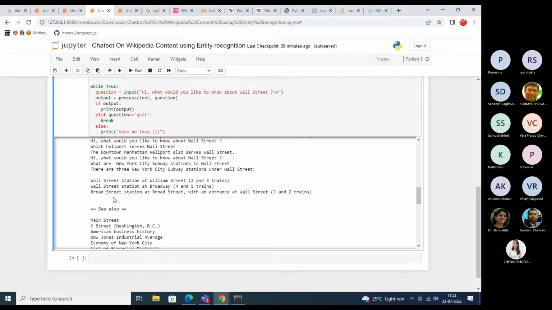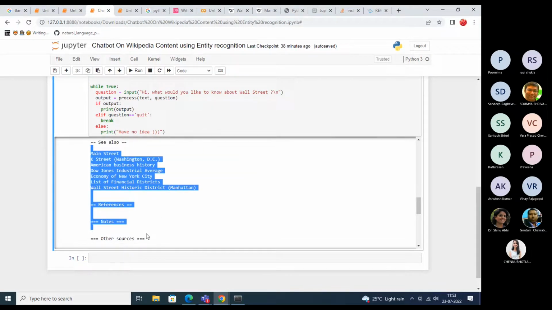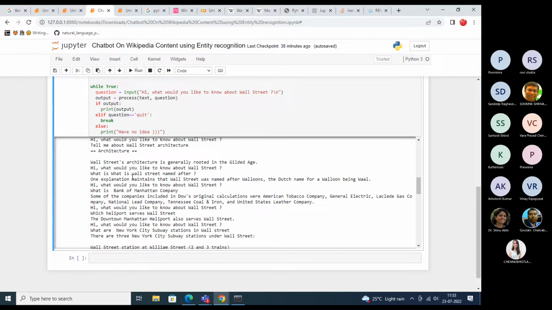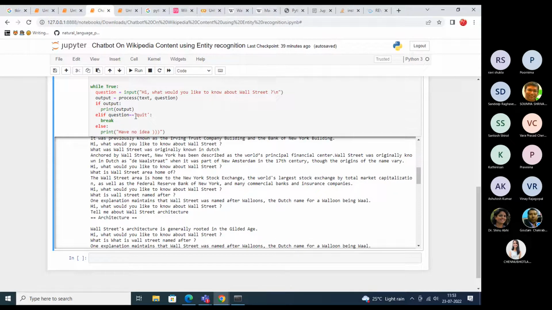That is why when I asked about the architecture, it is giving me everything, like the reference notes, everything. I asked about it. Okay. So in some cases, it is saying have no idea. How is it doing that? So if the matching is not there, when there is no output, it is just printing have no idea. That's it. No, but matching will give you some score at least, even if it is a very bad match. So are you doing something like that? Just wanted to know, out of curiosity.